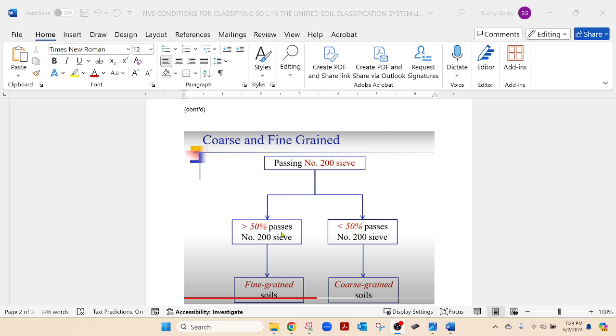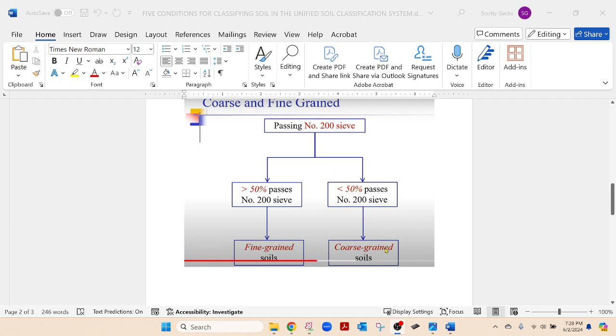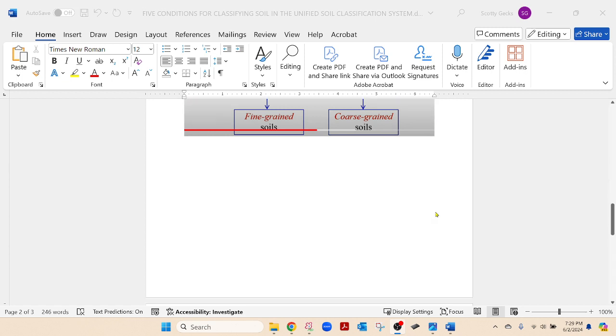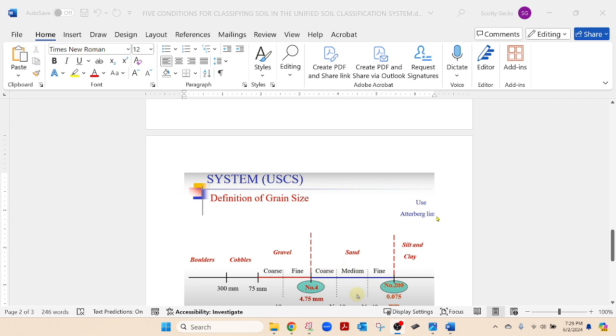Greater than 50% passing the number 200 sieve is fine grain soils. Less than 50% passing, according to the unified system, the number 200 sieve is a coarse grain soil. So just as in AASHTO, you will separate fine grains from coarse grains by these two filters or parameters, if you will. And go a little bit further. What else have I got? Here's where the